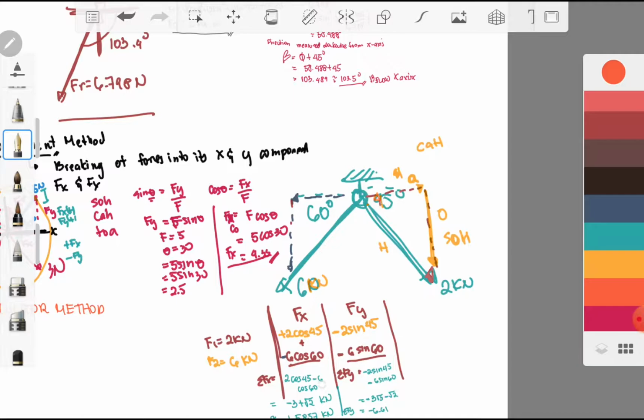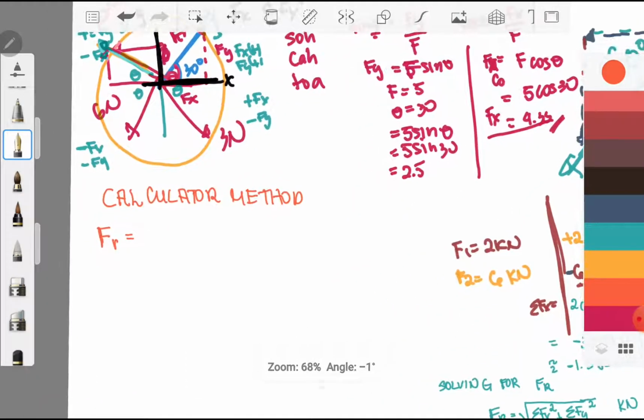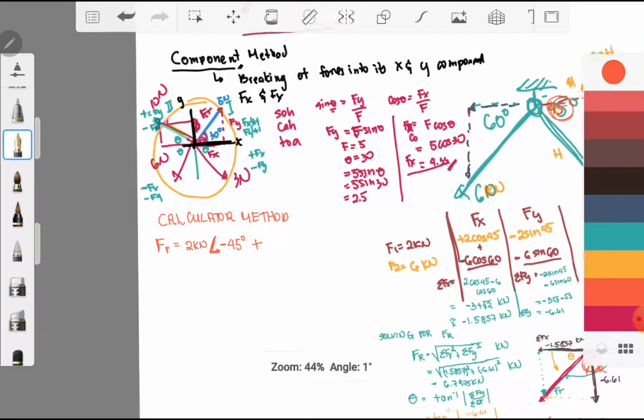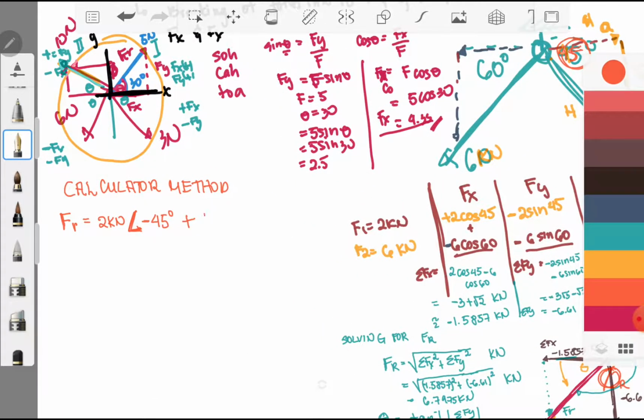Since it is below the x-axis, we will project this as negative 45 degrees. So Fr is 2 kilonewton, angle of negative 45 degrees plus 6 kilonewton, angle of,